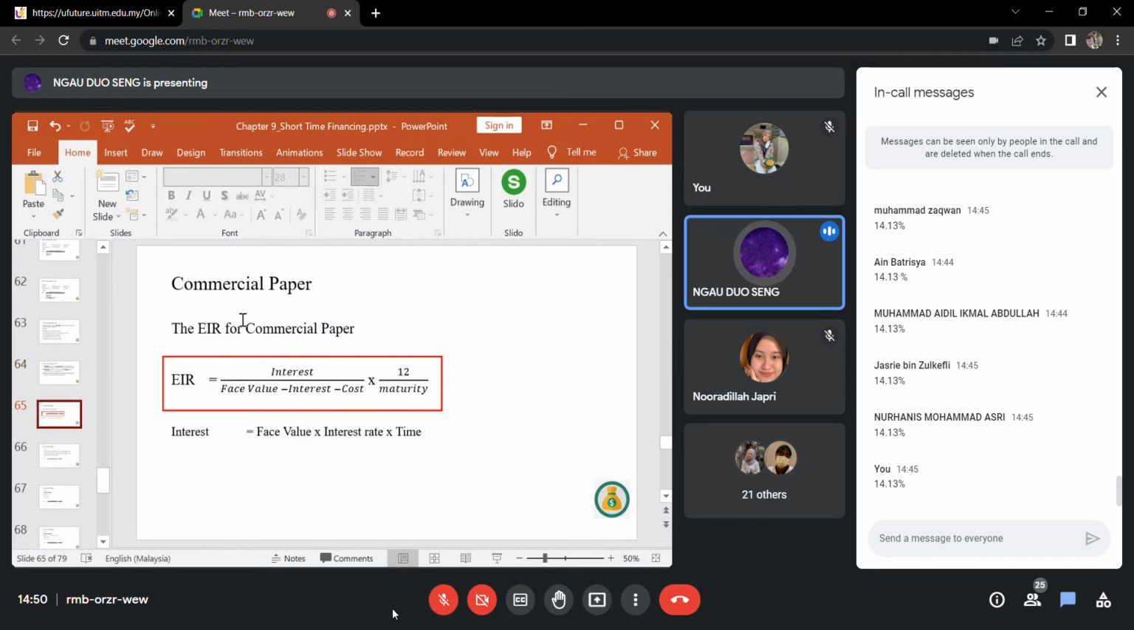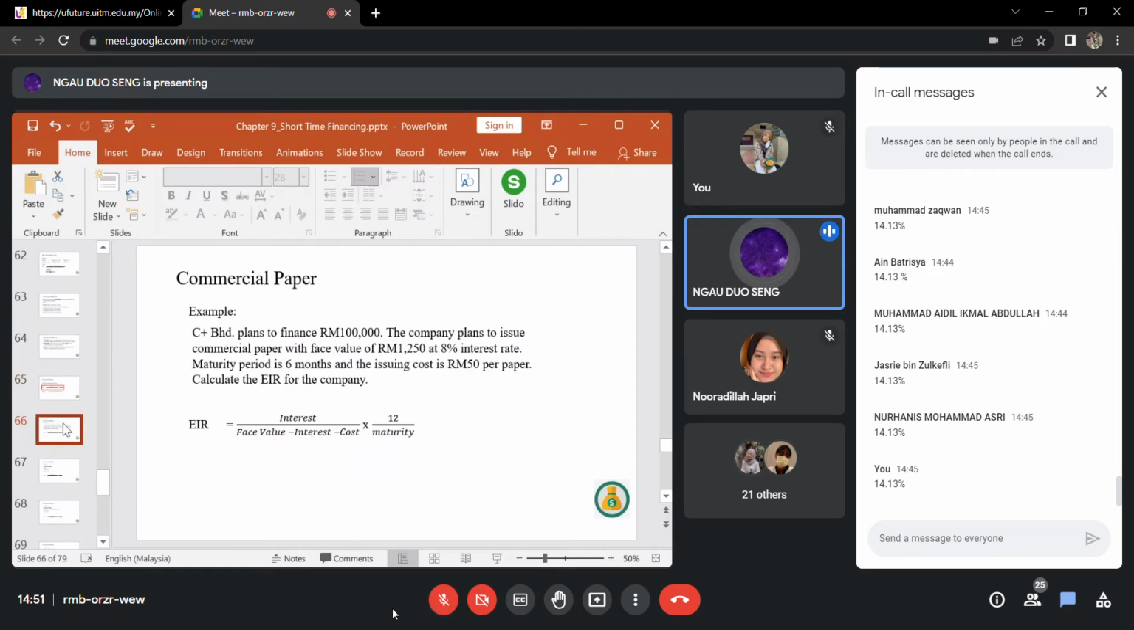Next, we have the commercial paper formula. We have the EIR: interest divided by face value minus interest minus cost, darab dengan 12 bahagi maturity. Again, kalau dia bagi bulan, then we are using 12. If they give you days, then we are using 360. So the interest for calculating commercial paper adalah face value darab dengan interest rate darab dengan masa. Alright, okay. Contoh